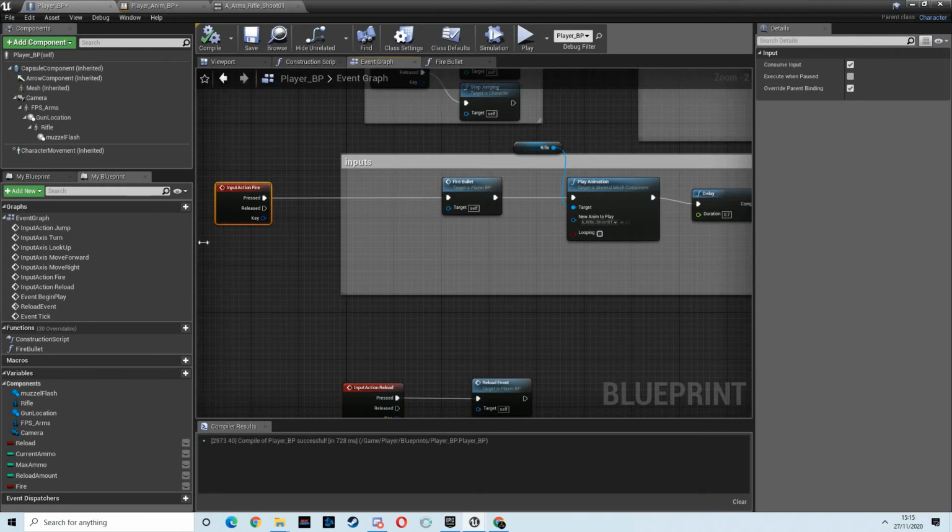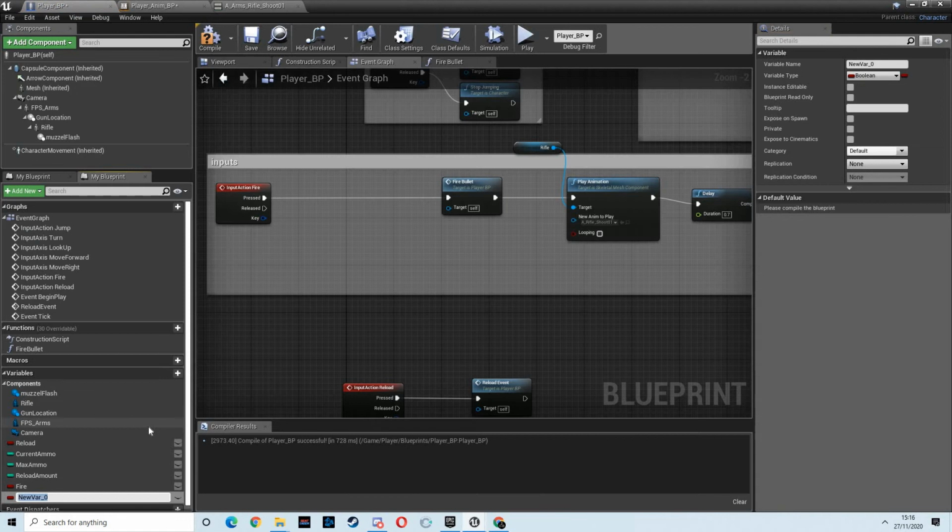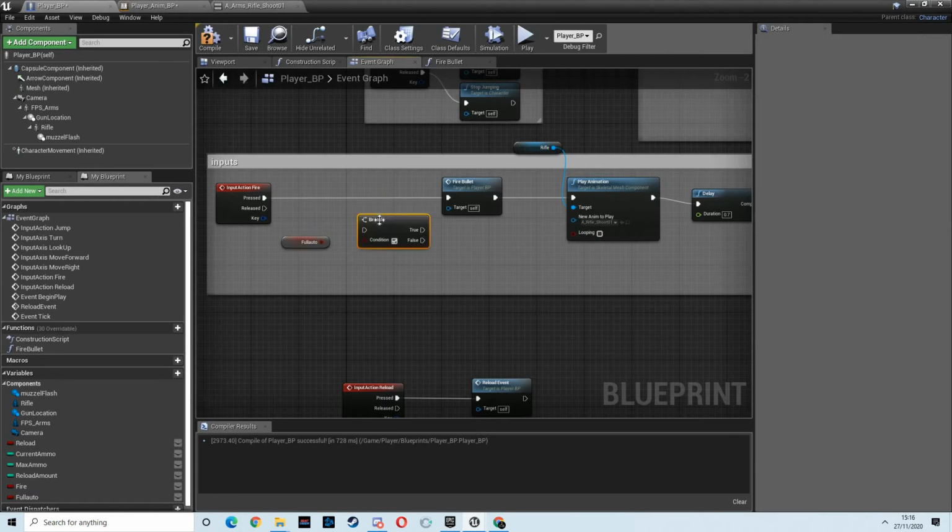So when we press fire, we want to check to see if we're in full auto. So I'm going to create a variable, a boolean called full auto, and we want to check to see if that is true. So just get a hold of B for a branch. So if full auto is true,